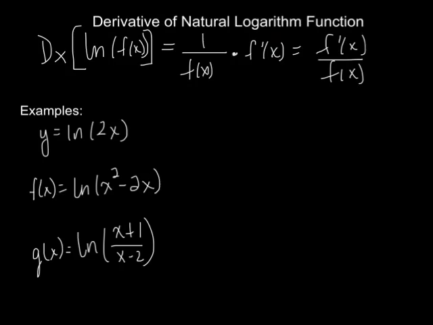So it's interesting that the natural log function, when we take its derivative, so we have the natural log of some function, we call what we're taking the natural log of the argument of the logarithm. And the derivative of the natural log of a function is 1 over the function, or 1 over the argument, times the derivative of that argument. So that's kind of a chain rule, right?